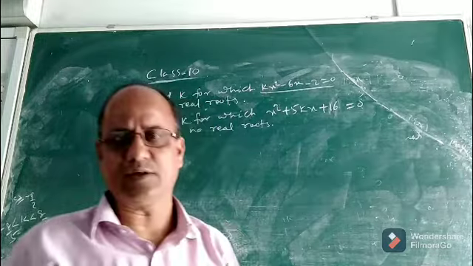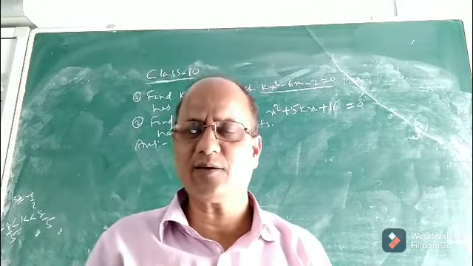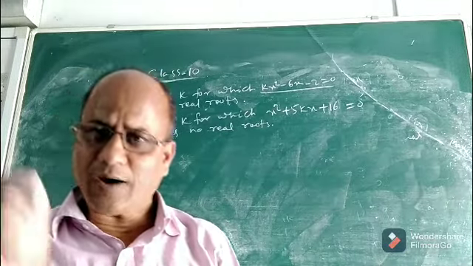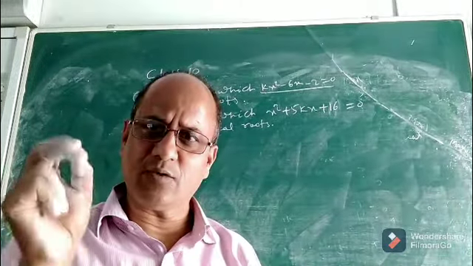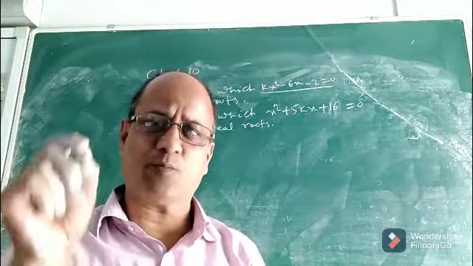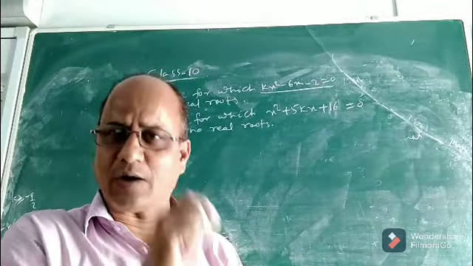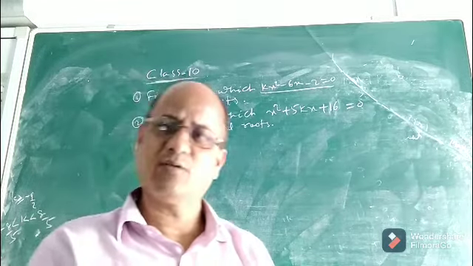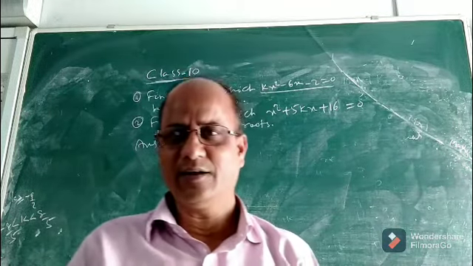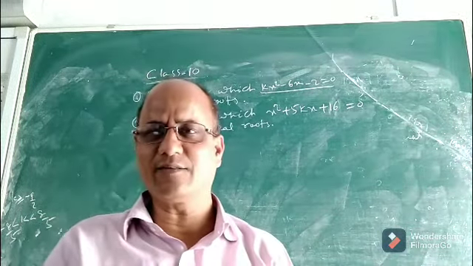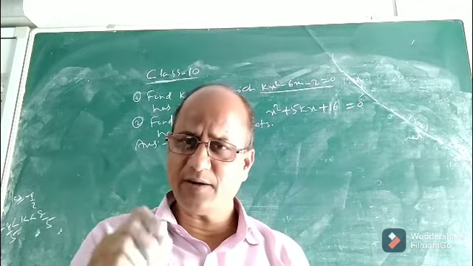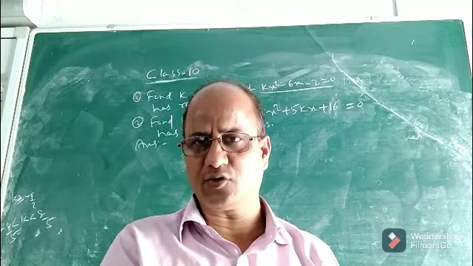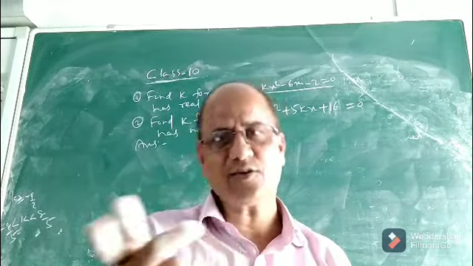Real roots, you see. Children, what is the condition for real roots? We have to remember. Tell me, under what condition a quadratic equation will have two real roots? That means both alpha and beta of the quadratic equation will be real under what condition? Anyone who has remembered? We have discussed everything in detail in previous classes. The condition is the discriminant should be either greater than or equal to 0. D is either greater than 0 or equal to 0.